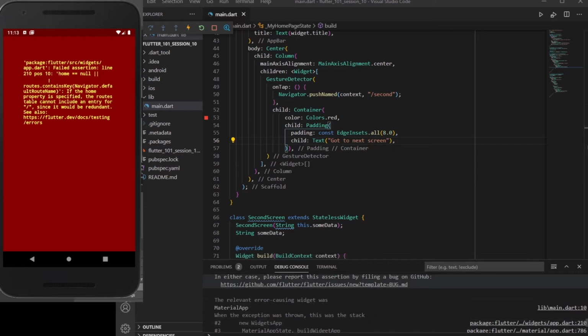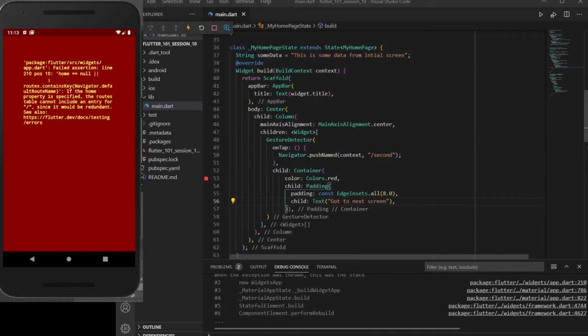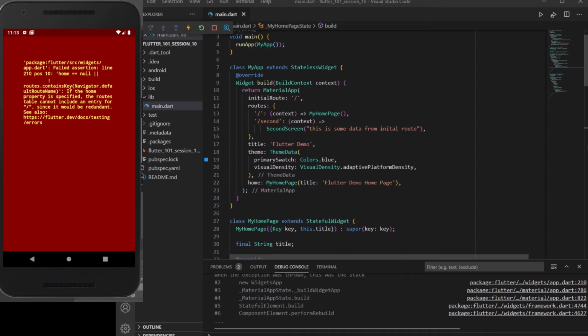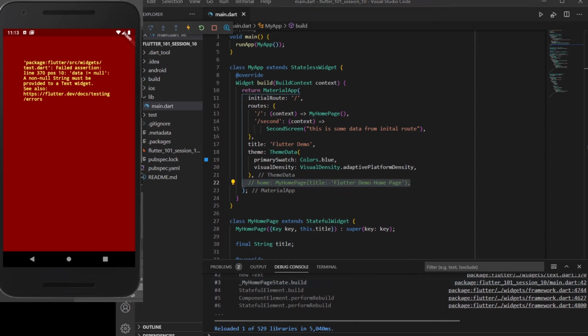It says home is equals to null or not routes.containsKey navigator. I have set the home value to be this my home page, so I need to remove it, or I can directly comment it. Let's hot reload and see if this works, else we need to hot restart once again.